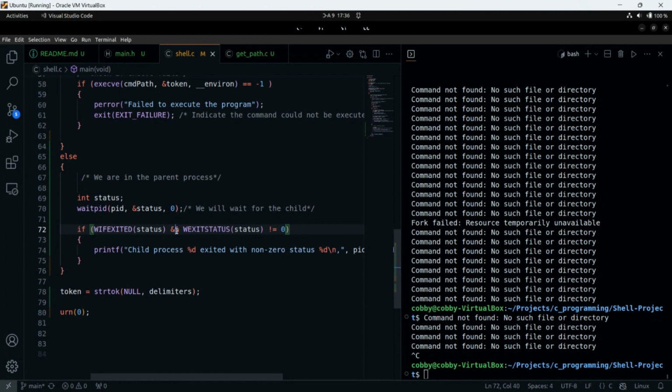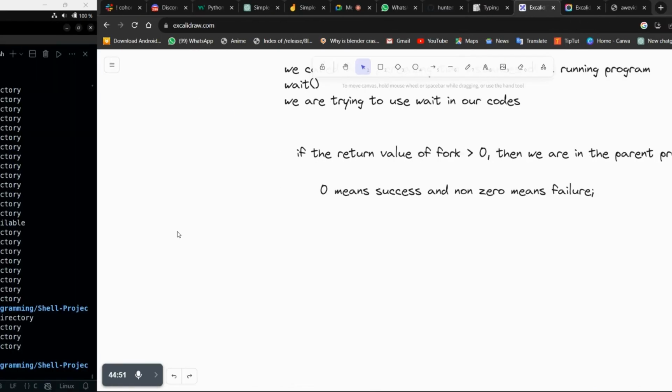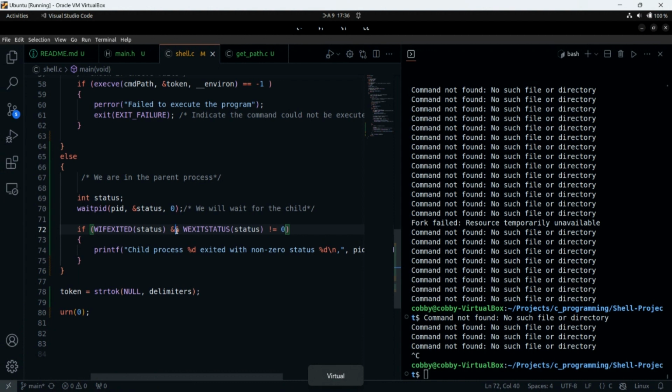So this is basically the child telling the parent how it exited. We know that if the child exited with zero, zero means success. If you brought the actual goods your parents asked you to buy, it means you successfully ran the errand.